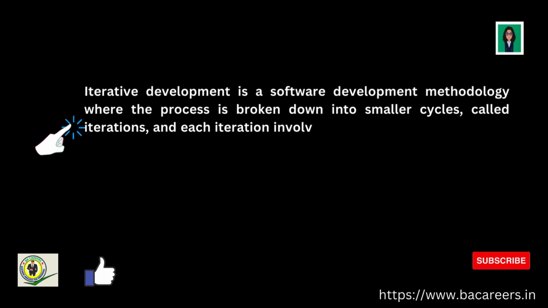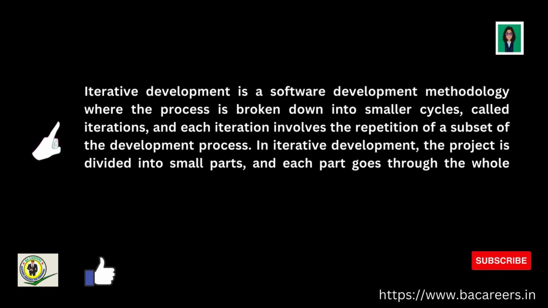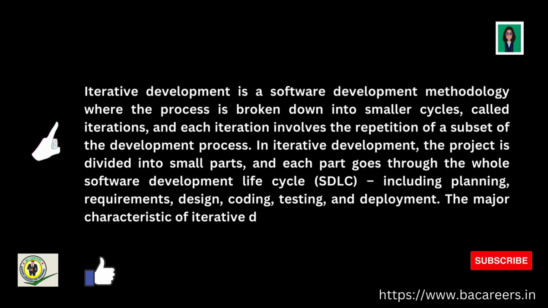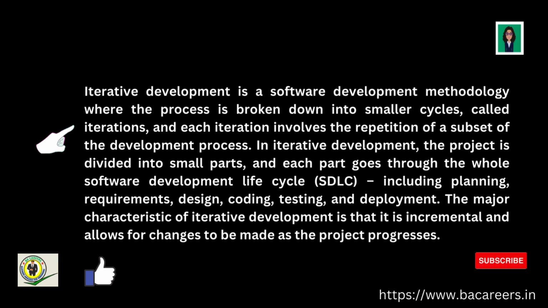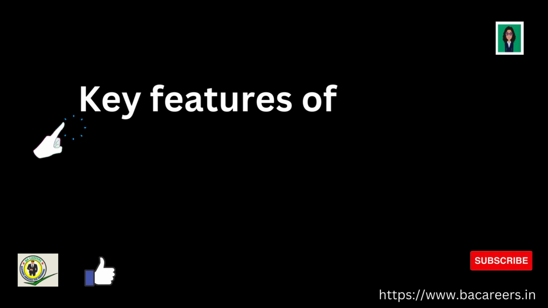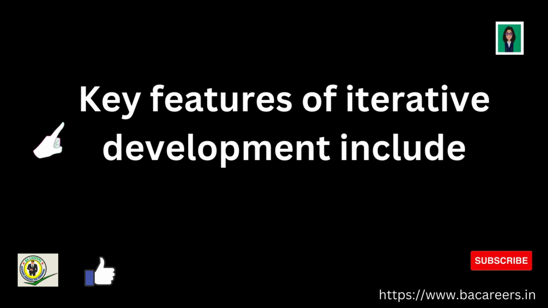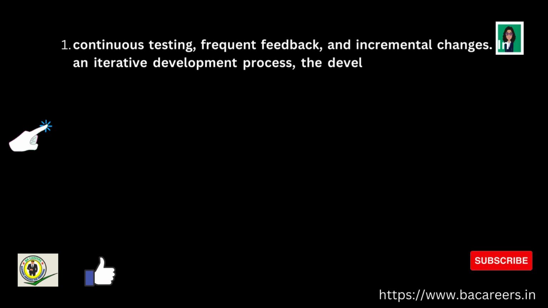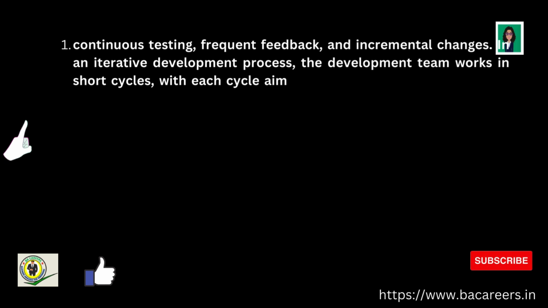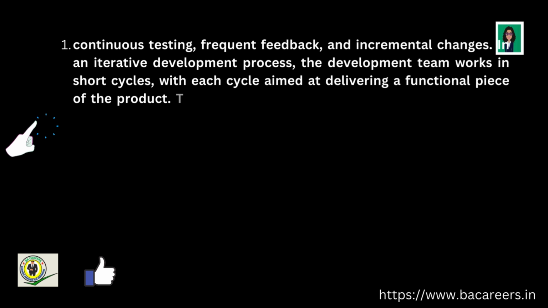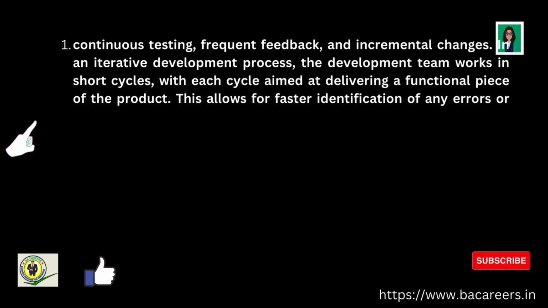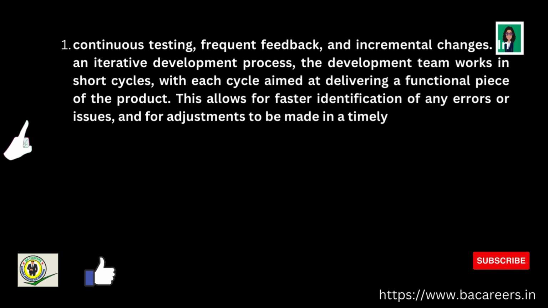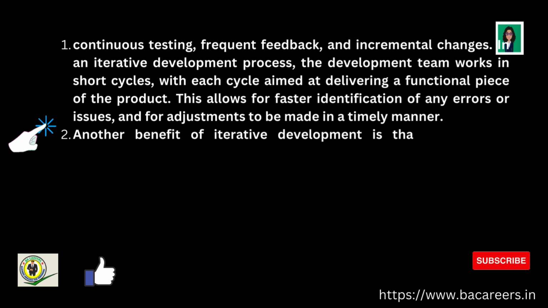The major characteristic of iterative development is that it is incremental and allows for changes to be made as the project progresses. Key features of iterative development include continuous testing, frequent feedback, and incremental changes. In an iterative development process, the development team works in short cycles, with each cycle aimed at delivering a functional piece of the product. This allows for faster identification of any errors or issues and for adjustments to be made